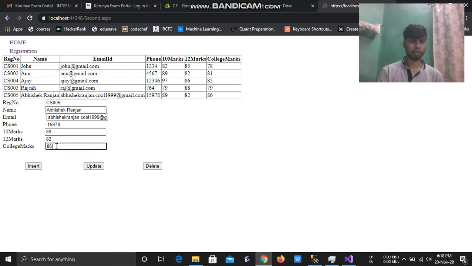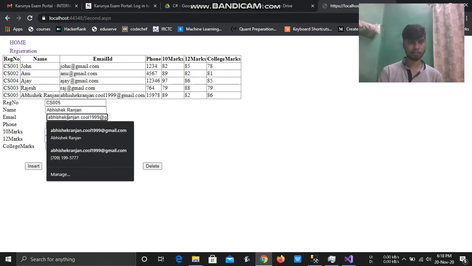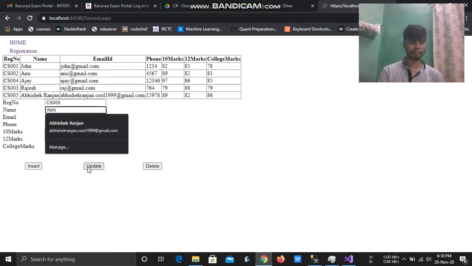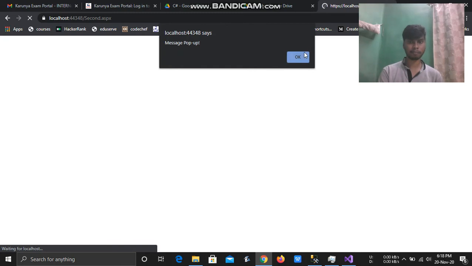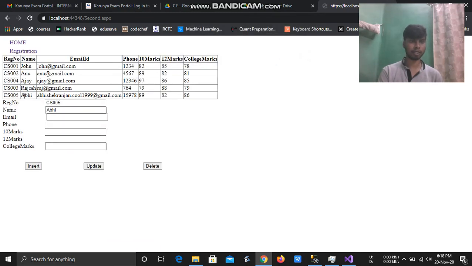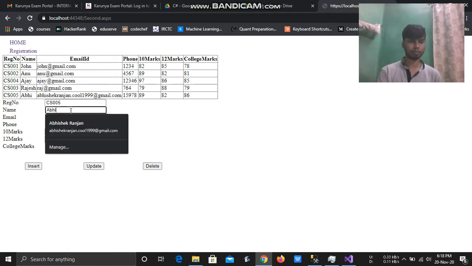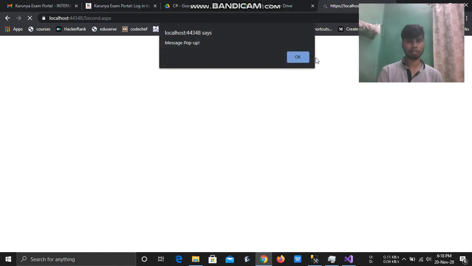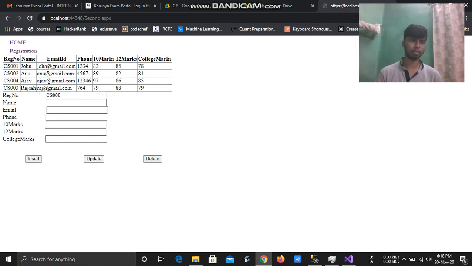Now if I want to update some details, you can see the name has been changed from Abhishek Ranjan to Abhi. Now if I want to delete CS005, I just give the registration number, and after that you can see the detail has been removed from it.